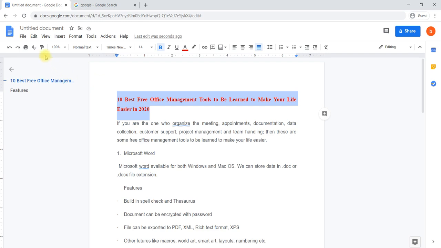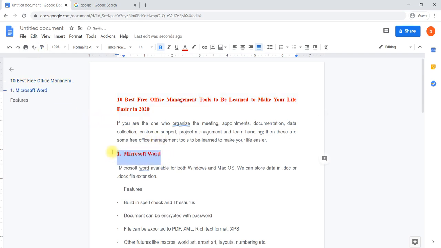You can see here on the left hand side of the quick access bar, paint format is there. We have to select that particular option, paint format. First we have to select which format you would like to copy, select that one, then go to paint format, select that, then apply where you would like to paint that same format.